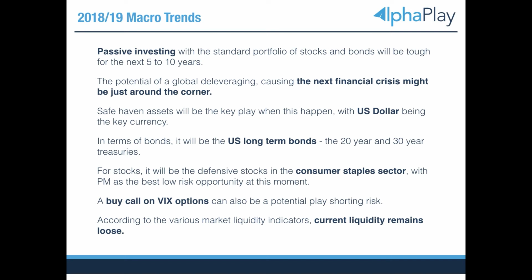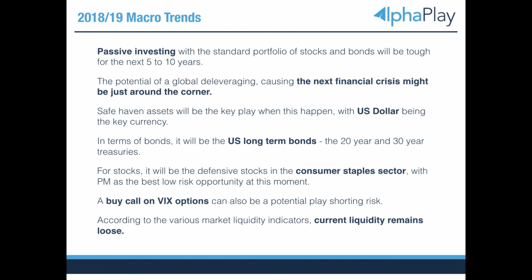If you are in options play, which I'm not, the view is that some of you might venture into options. When this happens, you can look for a buy call on VIX options. Basically, you play shorting the risk. VIX has a tendency of shooting up, so that is one opportunity. Of course, how to time all this is important, because you cannot buy now and then if it doesn't happen next year, you suffer a drawdown, or you need to pay a holding fee and service that holding fee. Not worth it. You also don't want to lock up your capital and cash flow into all this. So you need to time it.